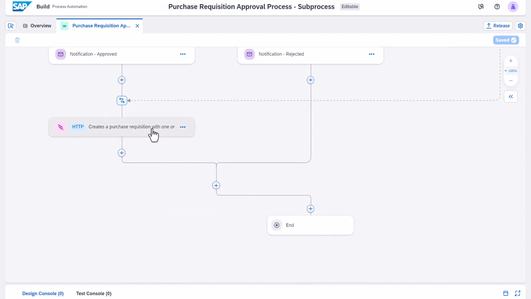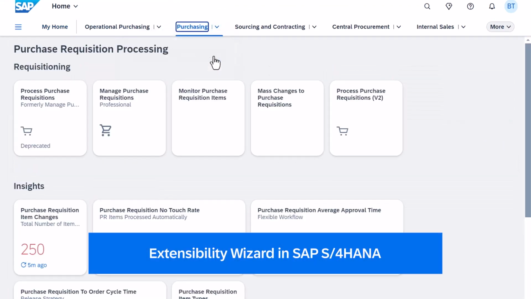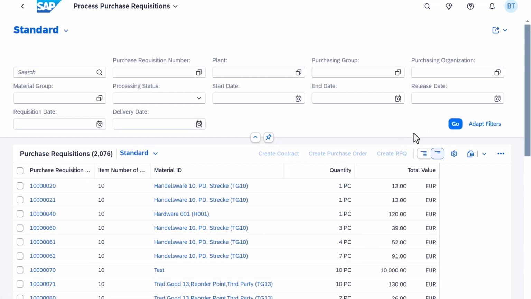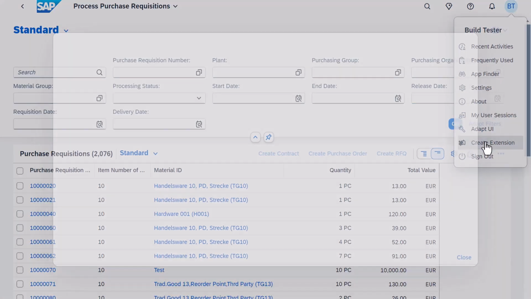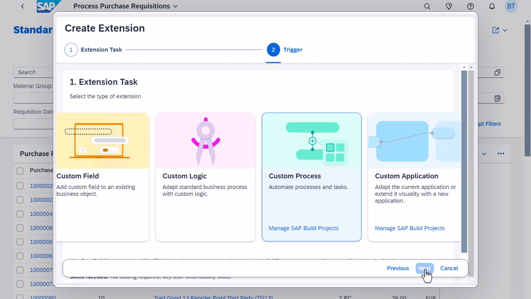But let's find out how we can trigger this process extension from our S/4HANA system. Therefore, we start from the standard purchase requisition application. Via the user settings, we can navigate to our Extensibility Wizard, which allows us to establish side-by-side extensions without leaving our ERP system. We select a custom process as our desired type of extension and define the business event as